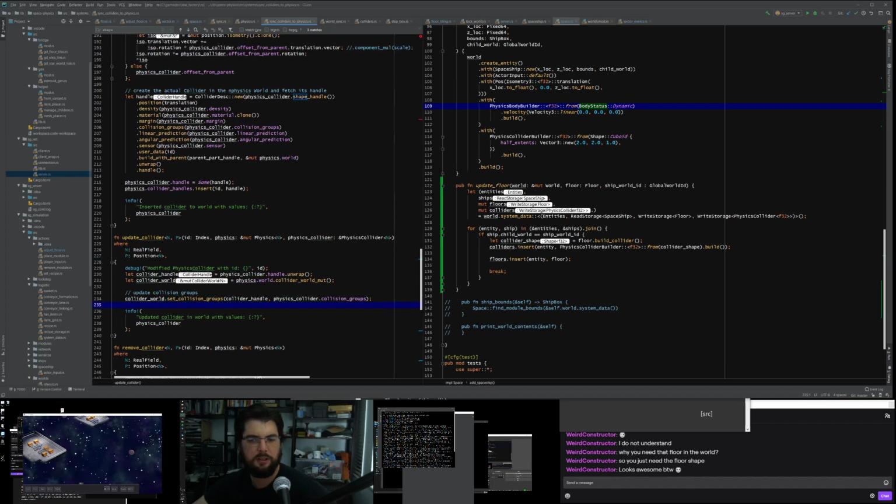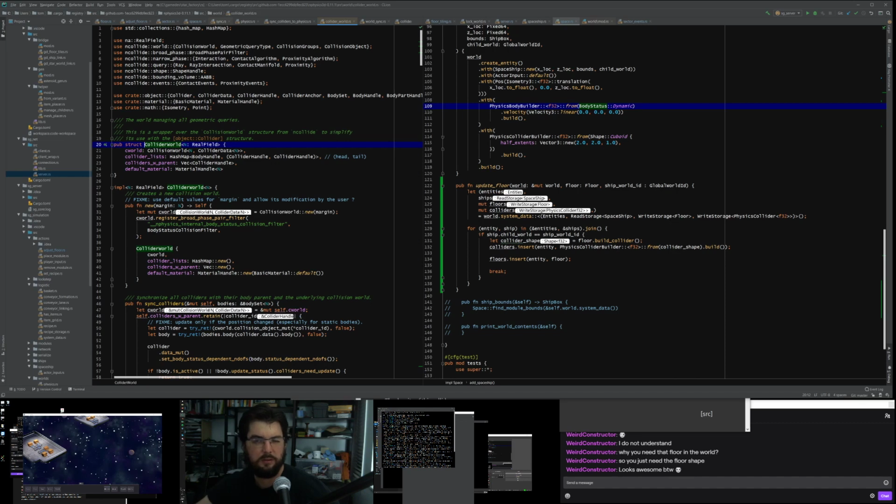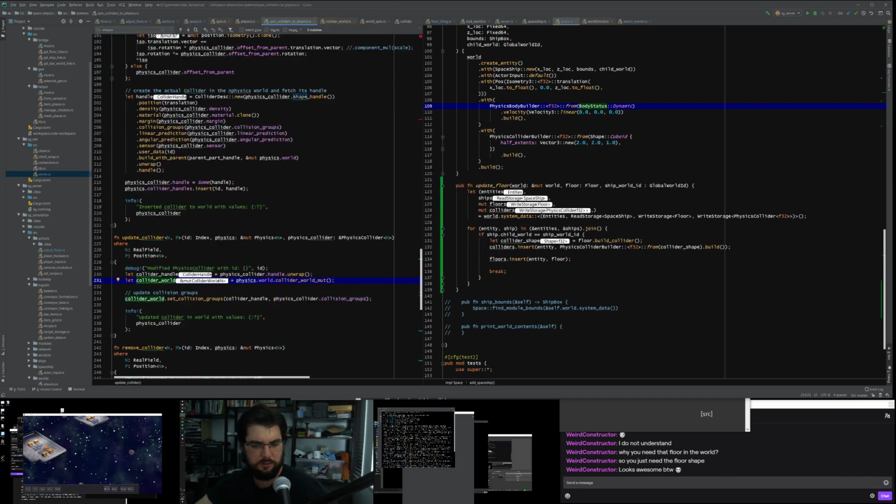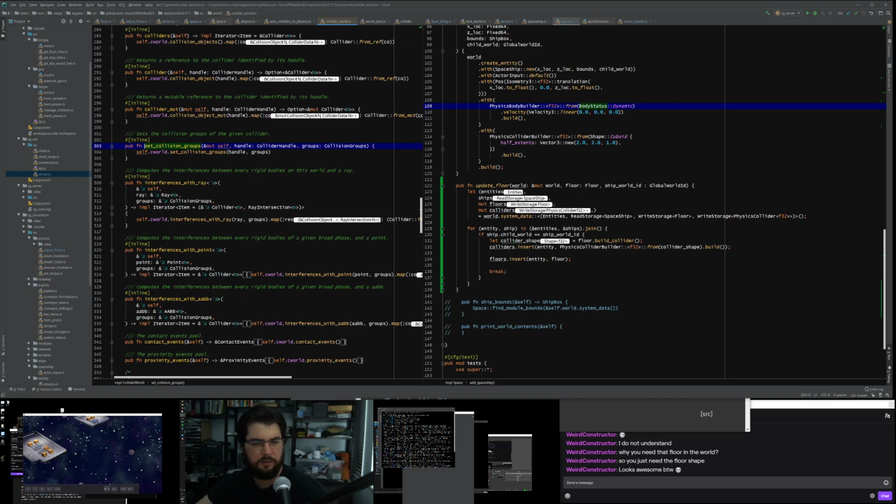So it's changing something called collision groups. So they're obviously expecting quite a small number of things to change. Collider world. Okay. So set collision groups.